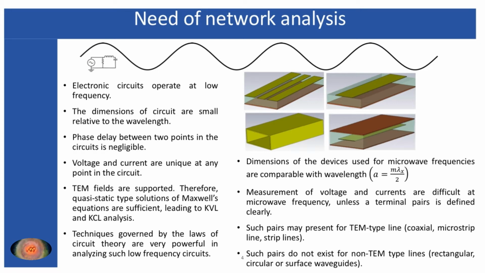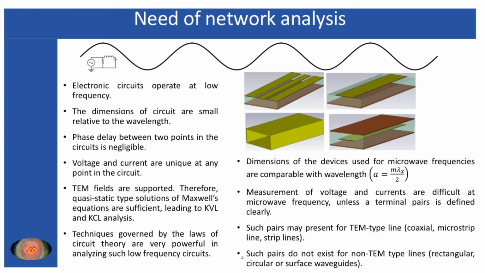Therefore, the measurement of the voltage for microwave circuits or microwave devices becomes difficult unless the terminals are clearly defined. That means you have seen for the coaxial cable, strip line and microstrip lines, the terminals are not connected with each other. So for those cases, the voltage and current can be defined uniquely at a particular point. But